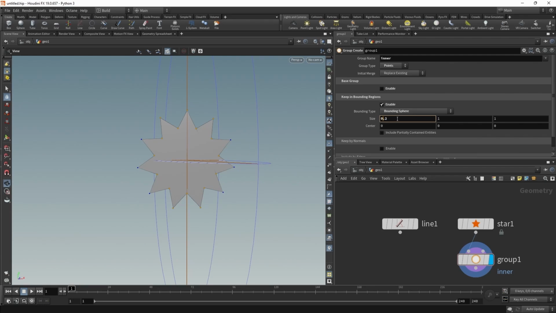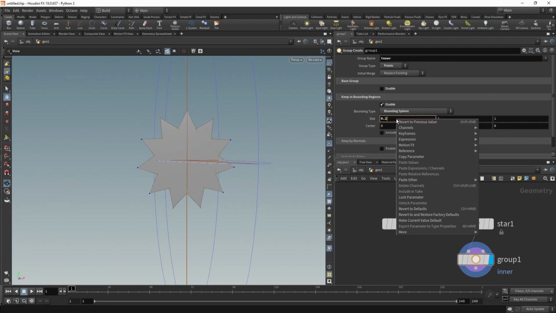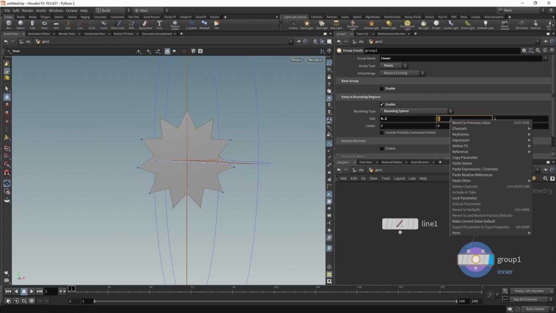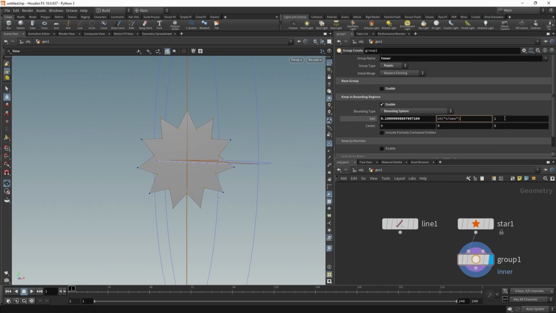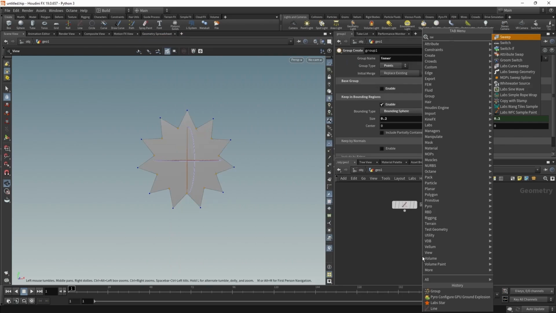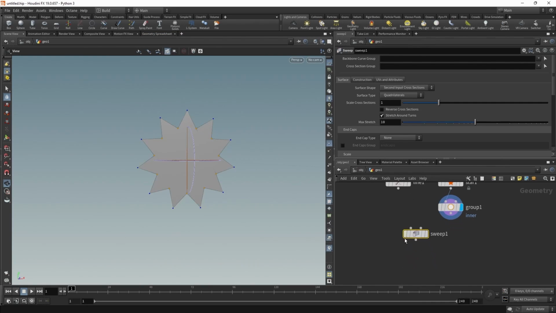And what I can do here is right click into the first size slot here, go to copy parameter, then double click into the second slot and paste relative reference and do the same for the last slot as well. And now I can dial in all dimensions with just the first slider. And now I'm selecting only those inner points. Okay, immediately what I can do is drop down a sweep node and create the general outline of my cactus